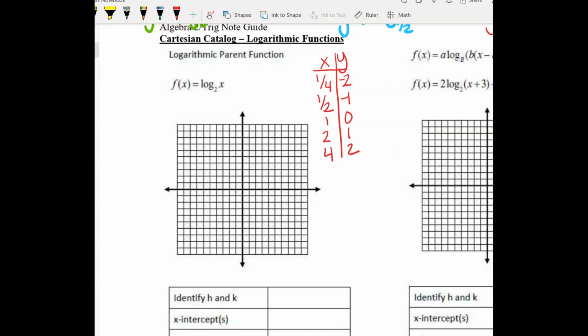Option 2 is to take 2 steps to build this parent function and to first think about its inverse exponential function. So its exponent inverse would be the parent function for the exponents that had a base of 2 that we built at the very beginning of this unit. So we might know those a little bit better. This would be the parent function,